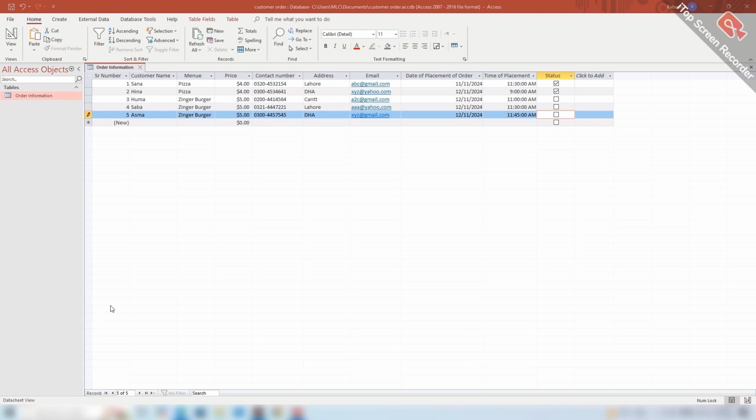Similarly, you can add more records in these fields according to the requirement.